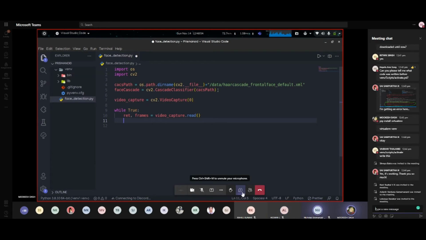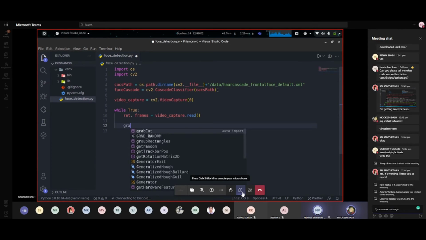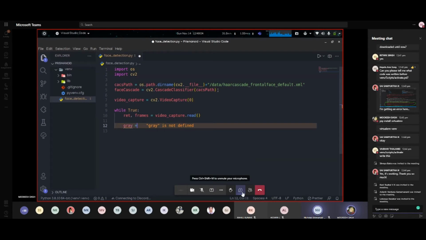Now we have to process the individual frames, and to process any image, first we convert the image into grayscale. Because it will be fed in color, right, in BGR, blue, green and red format. So we have to convert that into a grayscale image.